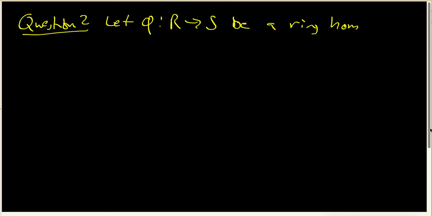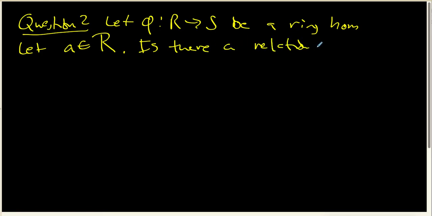Now, this time, what our question is going to be is this. I'm going to start with any element inside the ring R. And what I want to ask is, is there a relationship